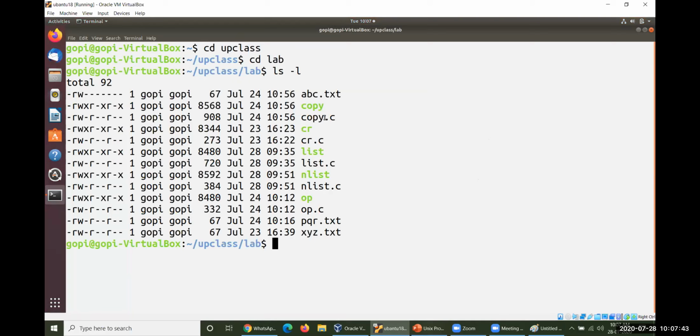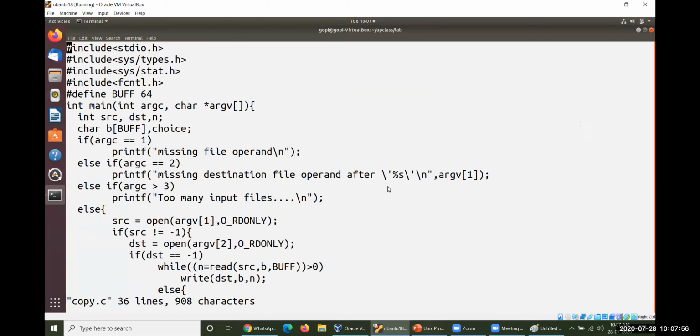So the file name is COPY, vi copy.c. Otherwise, let me open it.